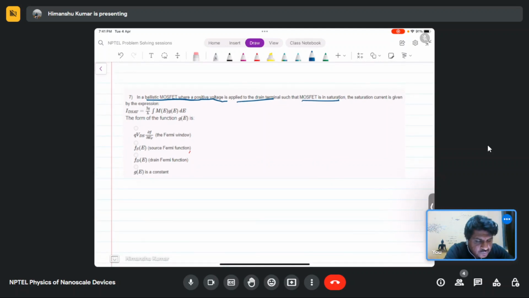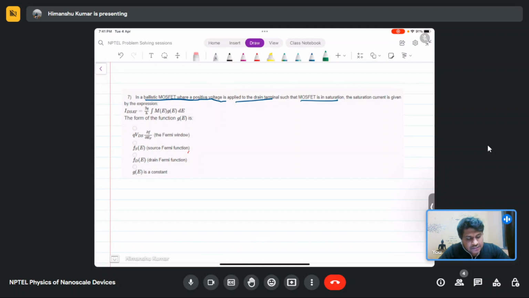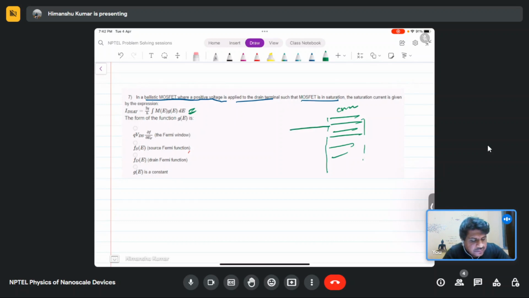If we go by what was covered in the initial part of this lecture series, our current expression is given by this. So when a positive drain voltage is applied, these are the levels in the channel region, and this is the Fermi level in the source region,